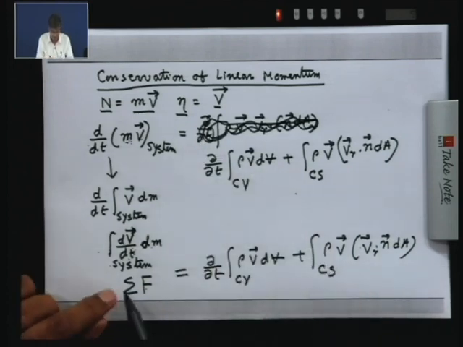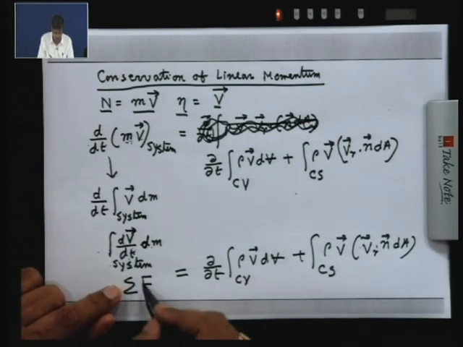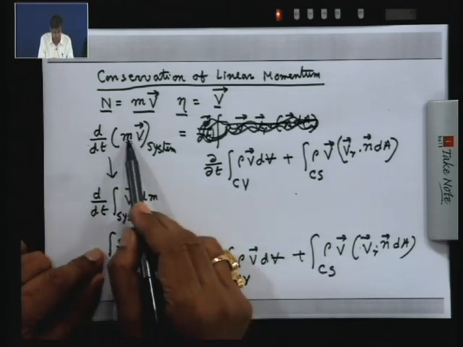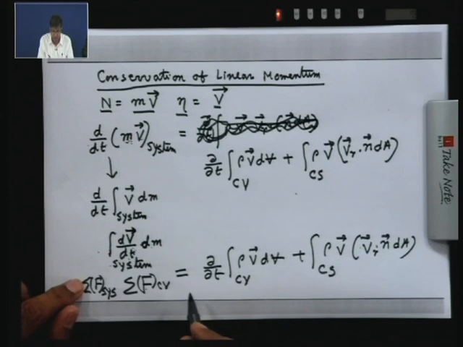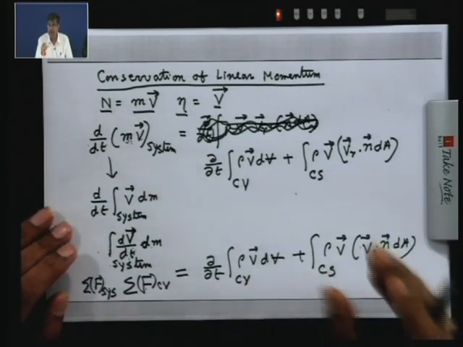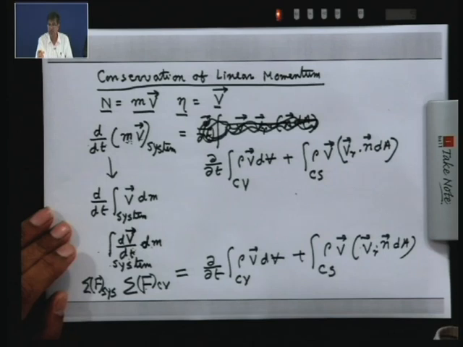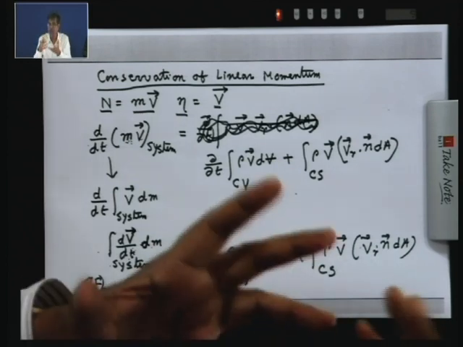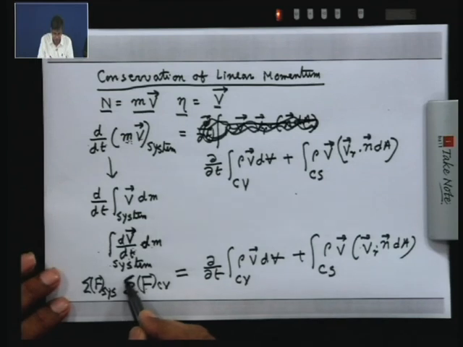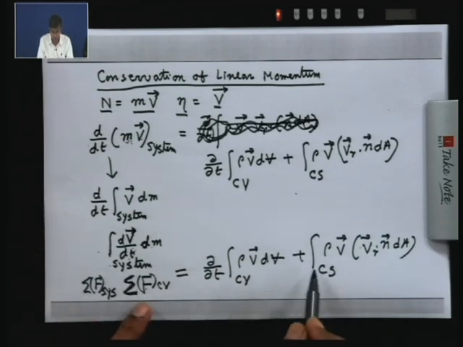And what does it state? This is the net force acting on the control volume. Now, here another concept is there. This rate of change of momentum of the system is the force acting on the system. And since we have already told that we derived the Reynolds transport theorem as delta t approaches 0, in the limit delta t tends to 0, the system and the control volume coincide with each other. So, at any instant of time, the force acting on the system equals the force acting on the control volume. So, we can state the conservation of momentum principle for a control volume like this: force acting on a control volume